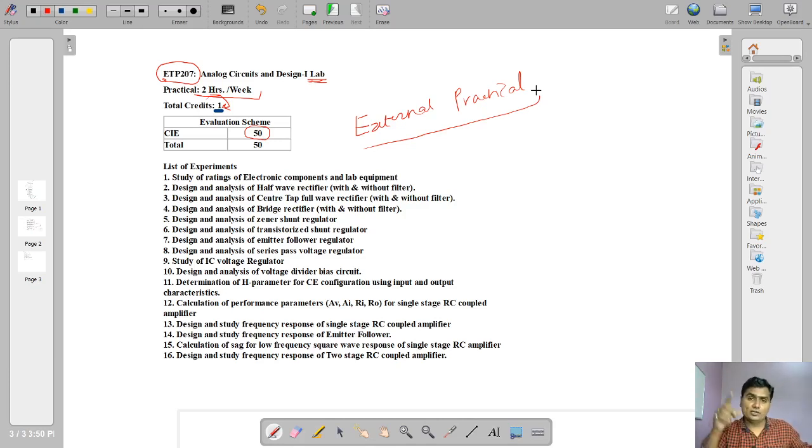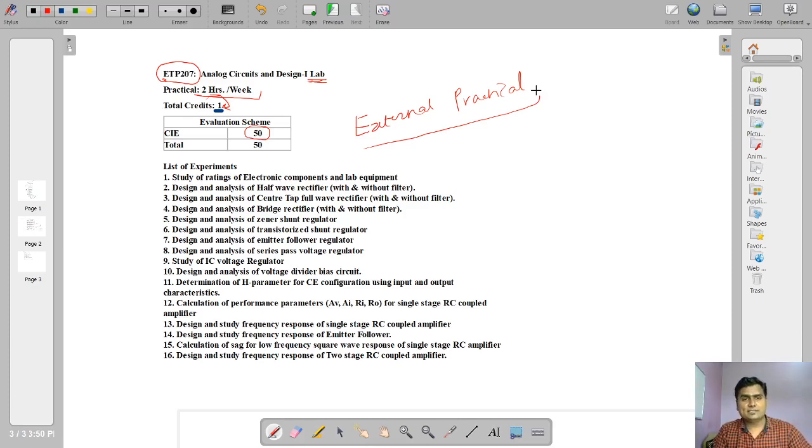My job is to conduct the practicals throughout the semester, and whatever I have conducted, whatever you have learned, that evaluation is done by another person. It is a quality check. So this is a checking of the quality of students, the quality of the syllabus, and the quality of the practical session.